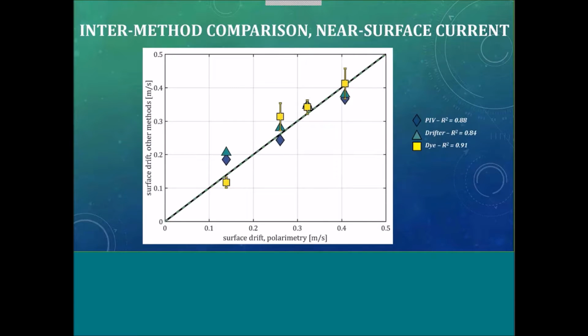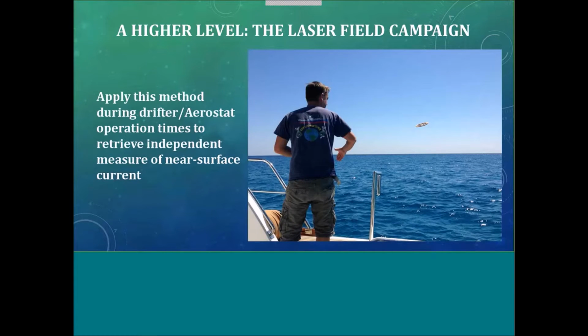And then this is just another plot that shows in a little more detail a comparison between what's called particle image velocimetry, which is a laboratory optical technique, the drifters, where we put in very near surface drifters and dye, and then the polarimetry. They all agree really well. So we're really excited about this, and there's a lot of interest, as this may be one of the really innovative ways to get at this upper layer.